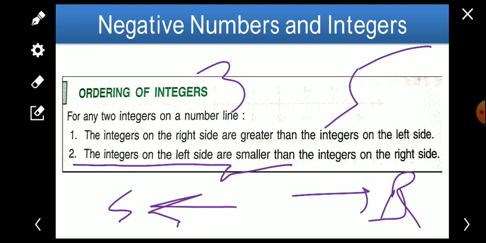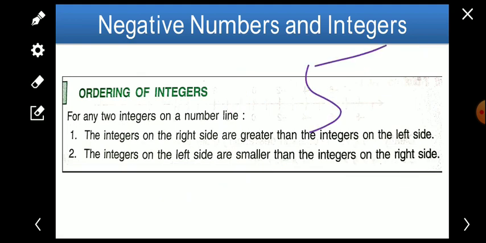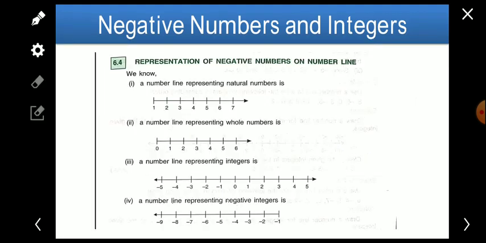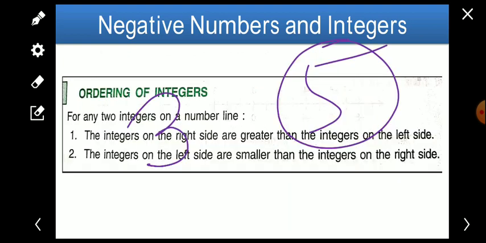If I say that only 5, then is it bigger or smaller? Then 2, what will we compare with which number? Another number should be there to compare. Then only we can say that it is bigger or smaller. So if I take 3, then we'll say that yes, 3 is on the left side and 5 is on the right side. Then we can compare the left side or right side. 5 is on the right side of 3, but it is on the left side of 8.